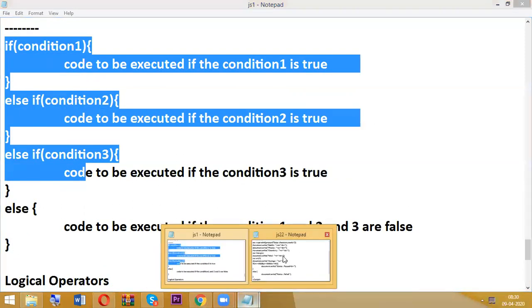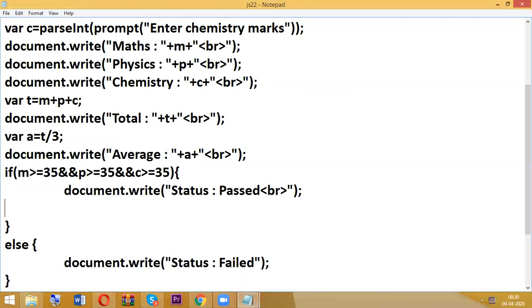Okay. So now see here, I want to decide the grade. So if the marks are greater than or equal to, that means average. So this is my average here.